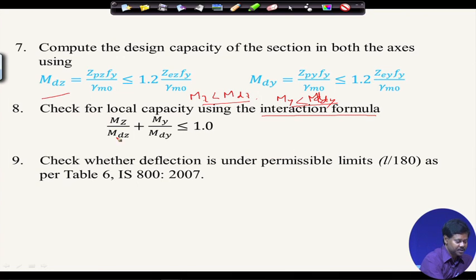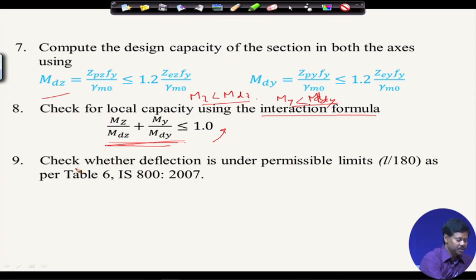So, interaction formula means that Mz by Mdz plus My by Mdy should be less than or equal to 1, because for biaxial bending moment we have to check the interaction formula and fulfill this criteria. If we see that Mz is less than Mdz and My is less than Mdy, but it is not satisfying, then again we have to increase the section size, because biaxial bending moment is coming. So, we need to check the interaction formula and satisfy this criteria. Once this is satisfied, then fine, otherwise we need to increase the section size and again repeat,